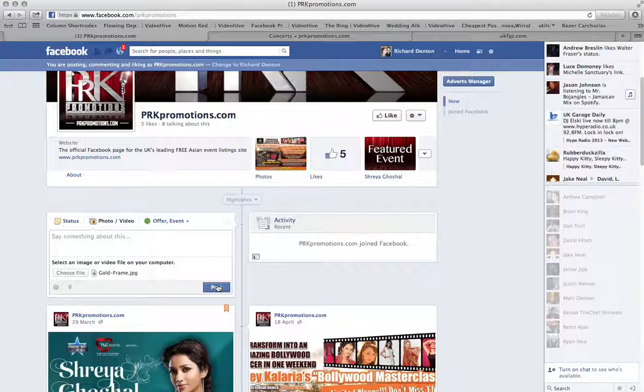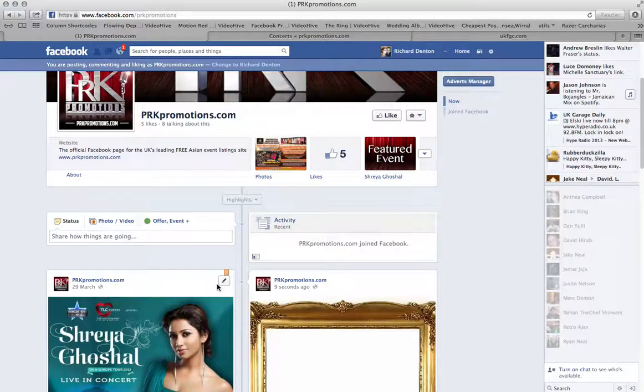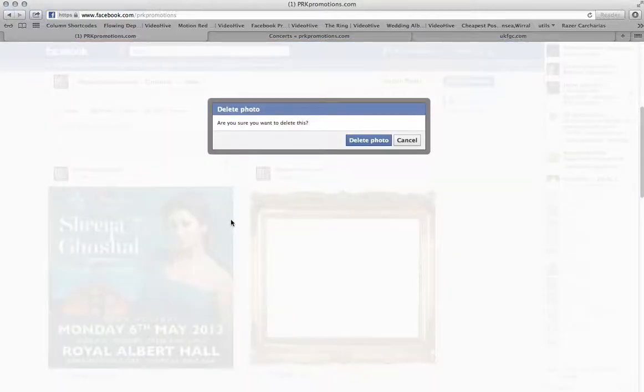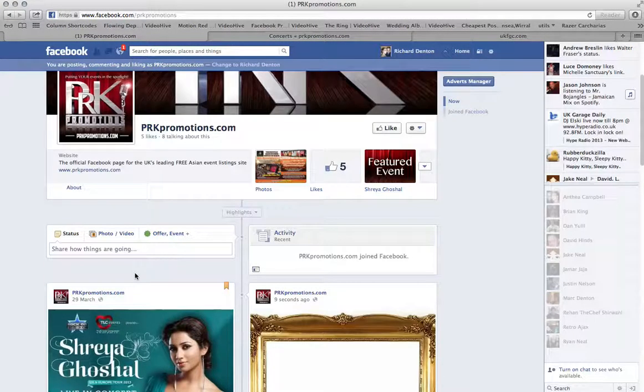Sorry, my internet's a bit slow today. And there you go, it's posted it. It's that simple, nothing else to do. But I'm going to delete that because the gold frame is not relevant to your Facebook page. And that's how you use the Facebook page. You just add pictures like that. Real simple. As for the Twitter, again, you don't